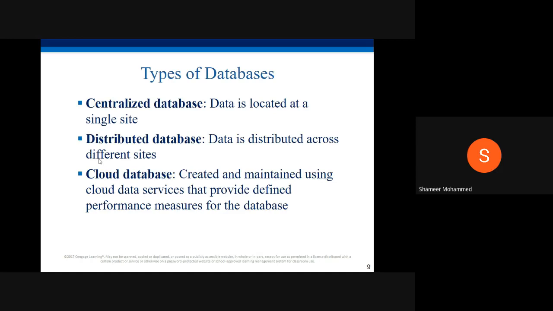Number 4, distributed database, means the opposite of centralized. Data is not stored in one location. Data is distributed across many locations.